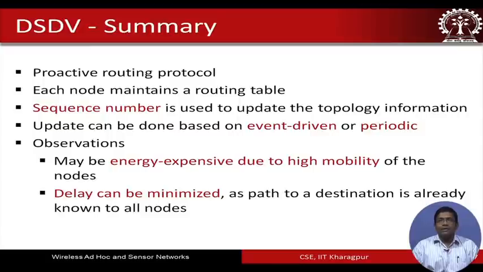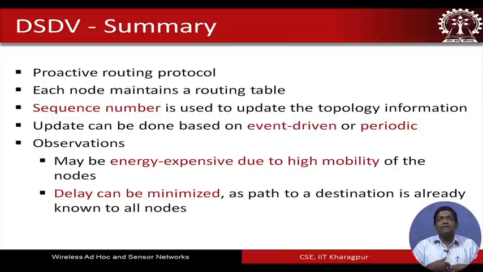On the other hand, as we will see later on, if instead of a proactive routing protocol like DSDV we are adopting a reactive routing protocol, then delay becomes even more crucial, because if a packet has come and it is not already found in the route cache how to reach the destination node,